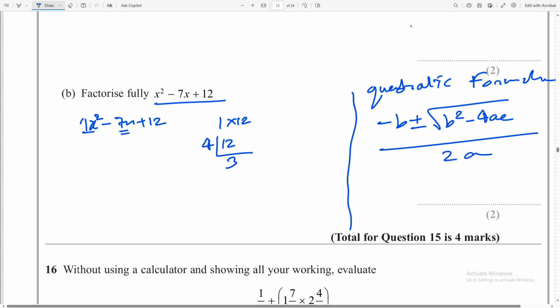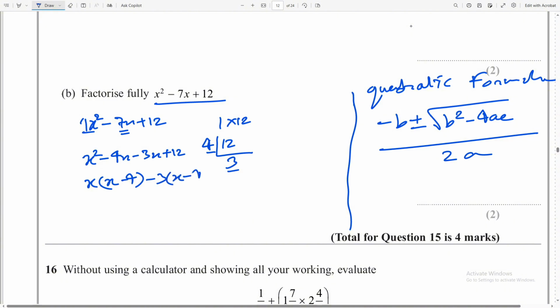So as 4 plus 3 add up to 7, I can instead write this equation as x squared minus 4x minus 3x plus 12. Instead of writing minus 7x, I can write minus 4x minus 3x. So now the last step is just to take common. From the first two terms, I can take x as a common: x minus 4. And from the last two terms, I can take minus 3 as a common: